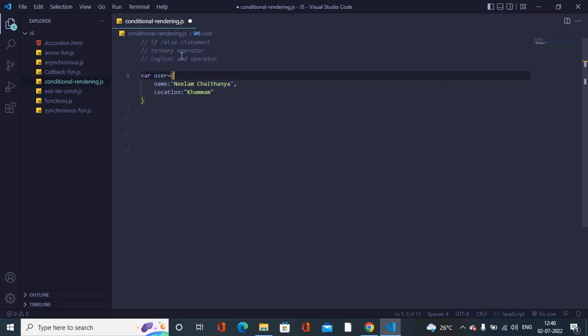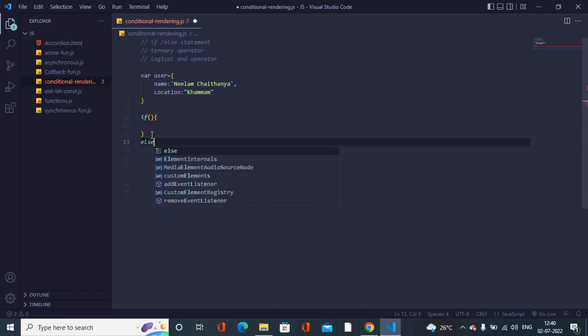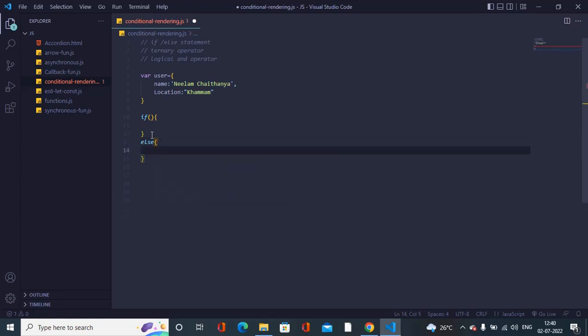First I will explain what is the if else condition, how to use the if else condition, and how we can render the data based on the condition. Here my condition is when user dot name is not equal to empty, that time I need to log the username. In case the username is empty, that time I need to log the value like null. So we are having the user object, right? So user dot name,